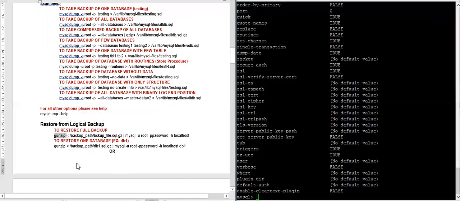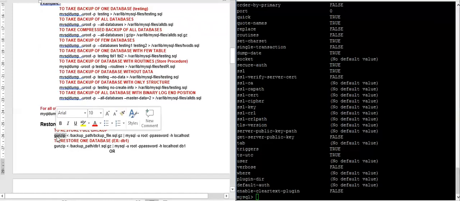Like suppose you have a database of 500 GB or 200 GB, then if you uncompress it somewhere else, it will take some more disk space. So without uncompressing this file, you can restore your database using this command.